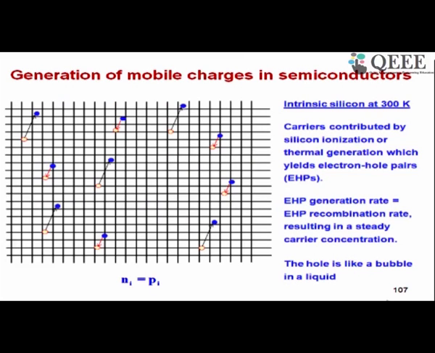Now look at this picture that I had shown you in the early stages of this session. You can see here that there are arrows showing generation. When you see an arrow between a hole and an electron directed from the hole to the electron, it means it is generation. And an arrow from electron to hole is recombination. So this diagram shows generation and recombination.